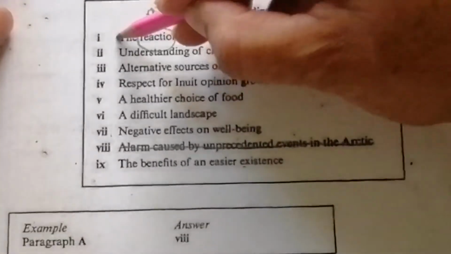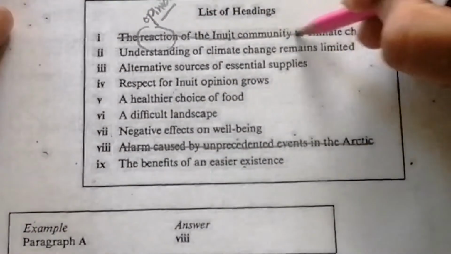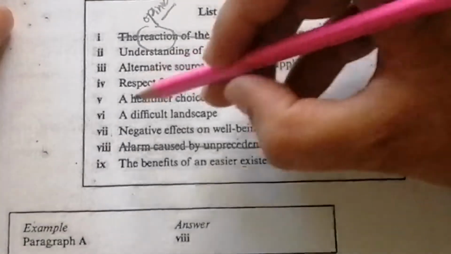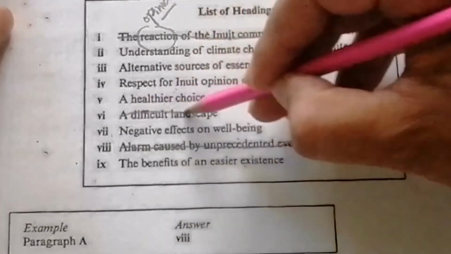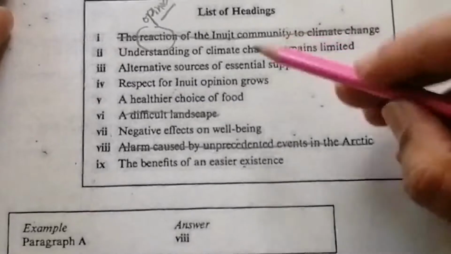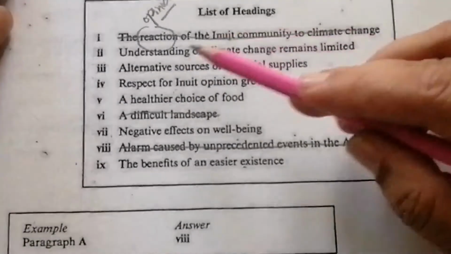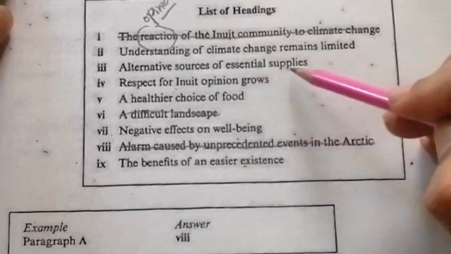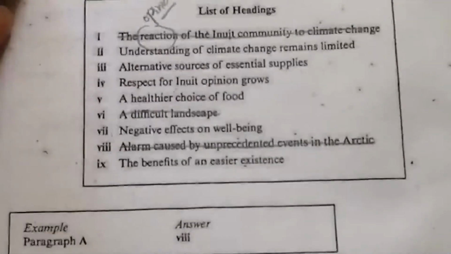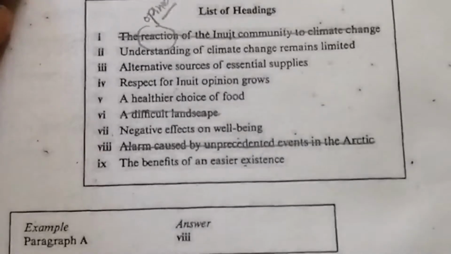So we can cross the first list of heading, and then we can cross a difficult landscape also. Let's read others. Understanding of climate change remains limited. Alternative sources of essential supplies. So we can use the heading number 3